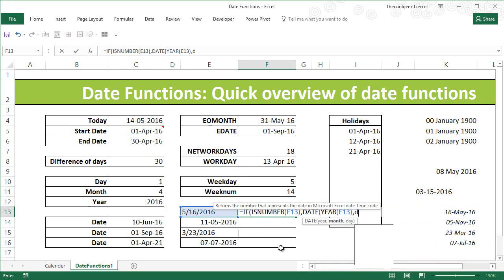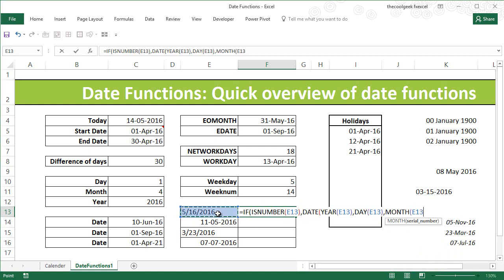So I'll extract the day in the month argument, comma. As you can see, in the month argument I have used the day function because I'm going to reverse that, and in the day argument I will use the month function to extract the month of it. That's the first case where I'm able to extract the year, month and day based on the functions, comma.